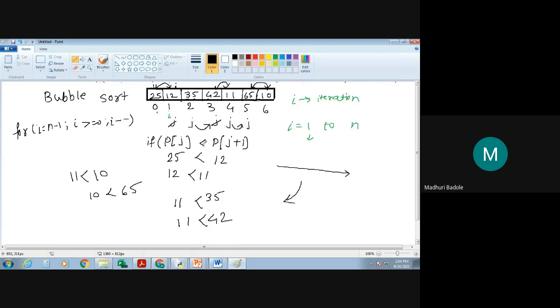Now see, as per our logic, I have applied the logic over here. That's why whatever the last element will be there, that is the minimum element, it is going to be placed in this last location. Is it clear now? Yes, ma'am. Now what do I have to do? The same logic I should apply for up to these elements only, because as we know, whatever sorted element I get from the first iteration, I will get it at the last location. So I'm continuing the same procedure up to this particular element.